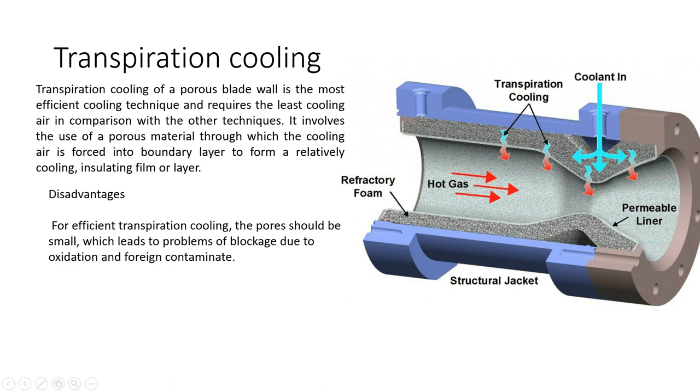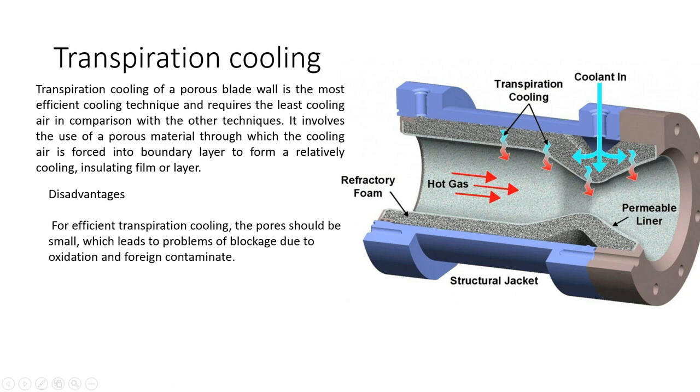So once you force air into it, air will pass throughout the blade, literally throughout the blade, just like how a sponge soaks water. So thereby it is more effective than what we have discussed so far, and more effectively it can take away the heat. Okay, so transpiration, like I said, the word itself says breathing. So you're breathing in air into your turbine or any given component for that matter.